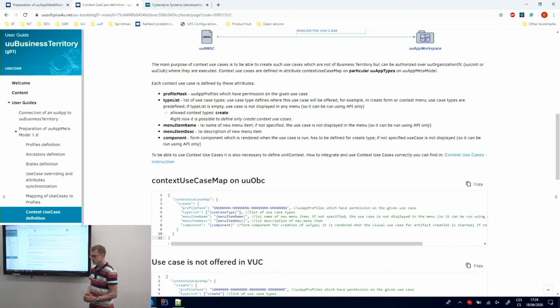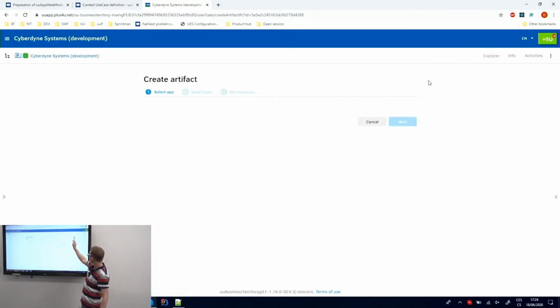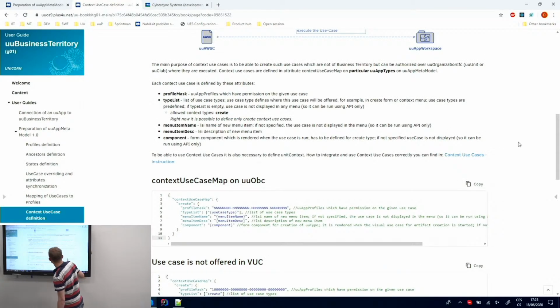So if you want your use case to be shown in this create, you need to have a context use case for the type of create. So this is the type list, the type of the context you want your context use case to be listed. And also, if you want to have this listed in here, you need to tell us